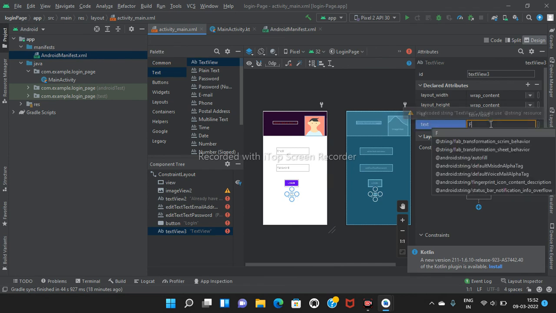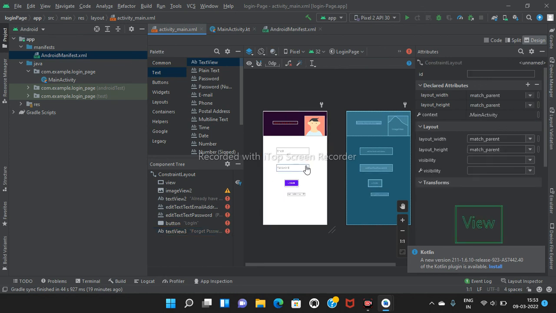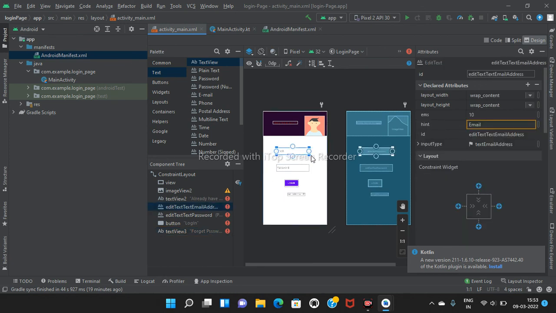Text is for forget password. So I am going to increase this height. So here I have created the basic login form.